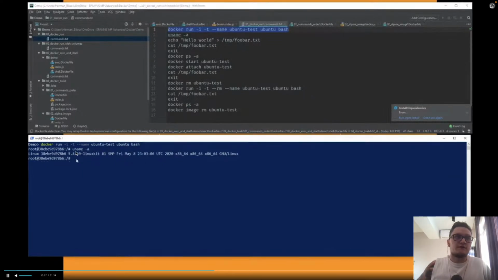we ran uname -a, and you can see that we are inside the Docker. So as you can see, this bash command not just created a Docker container, it created a small Docker container and started bash inside it immediately.